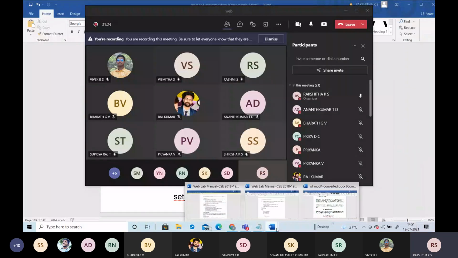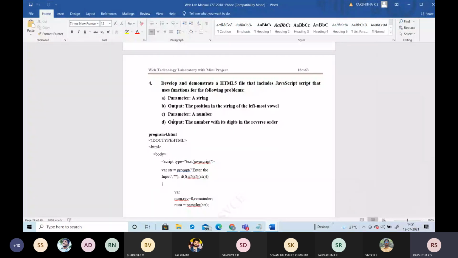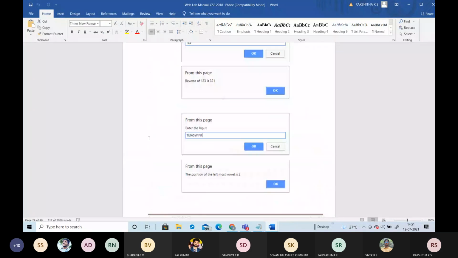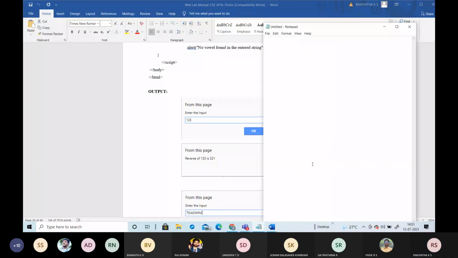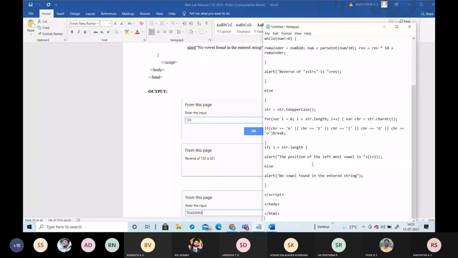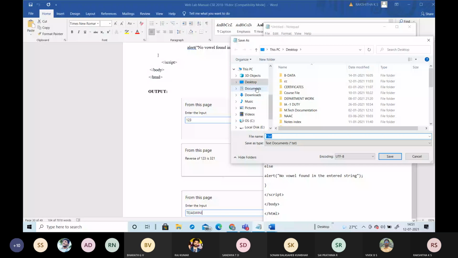I'll copy once again. Save it as program 4.html.